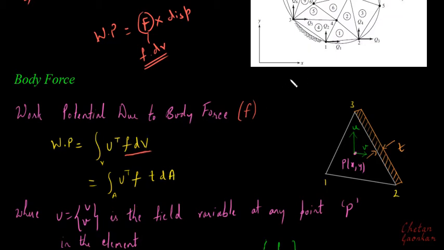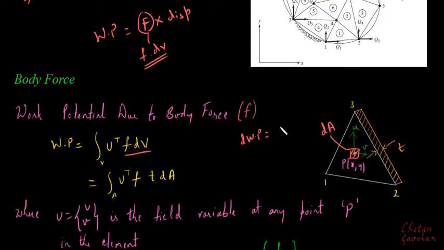For this purpose, I have considered here one typical element whose thickness is t, and let us consider one small area of say dA. This dA multiplied by t will be the volume, and I will calculate the work potential first for this small area,